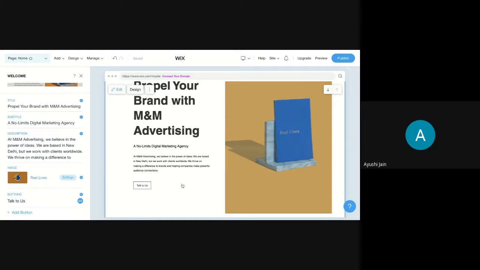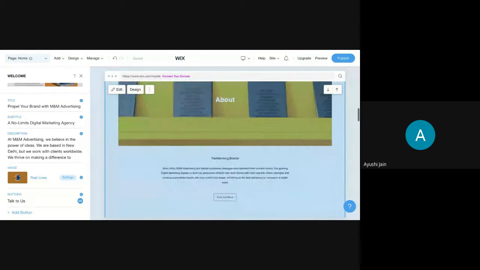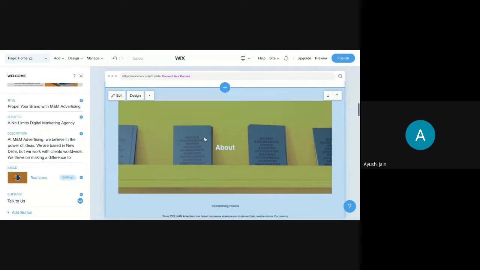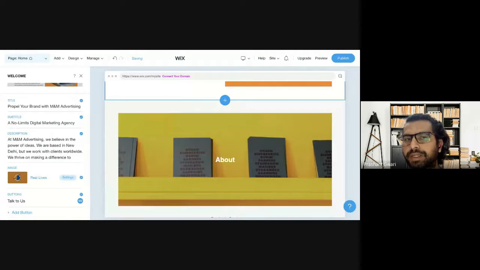Now our introduction part is almost done. Now come to our third part, which is our about us part, where we will tell our customers about why we do it, how we do it, and from when we are doing it. So why are we creating a homepage with every different section? Because the homepage generates 90% of the traffic of your website.